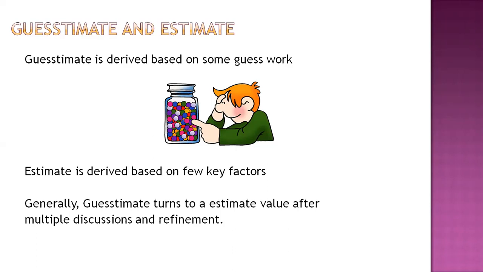It is not going to be accurate. Always it will be given in weeks, not even in days. Like for this particular requirement, it is going to take 4 weeks. For this particular requirement, it is going to take 8 weeks. So we are getting some cushioning factor already. Otherwise, what will happen? We will be bound, oh, 3 days, okay, we will be able to complete. Now, because we don't have the real data, we don't have the real information, what are we going to do? We always look for some guesswork and prepare this timeline. So this is called a ballpark estimate or guesstimate.